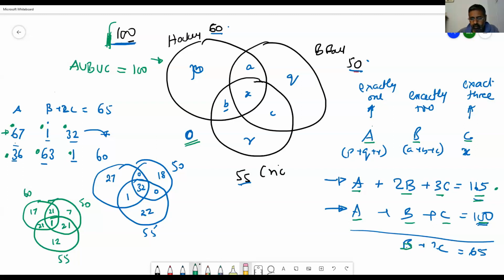But 1 could have been at A's place or C's place also. Yes, it could be. I did it randomly, and what I'm saying is this is only a proof of it. This is enough. If you do it in the actual CAT, this is enough. You don't have to go to this. Once you do this and you get those values, those values will be correct. I'm just trying to prove to you that it works. And this is one of 3 ways how it can happen. If you put 1 here, it might work. I did not check it out, but why shouldn't it work? It should work.